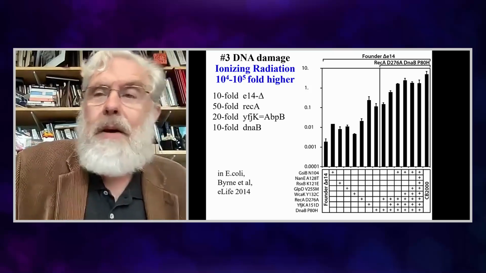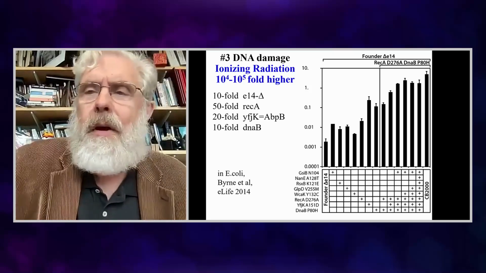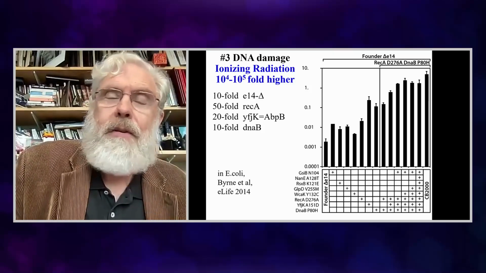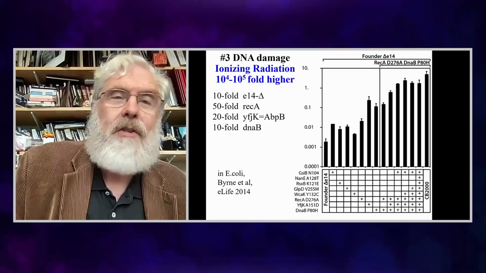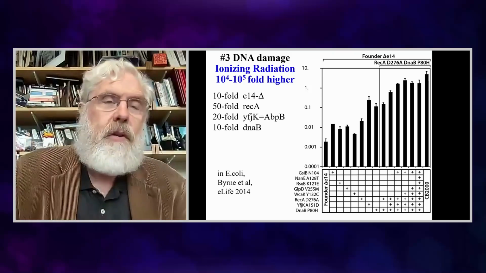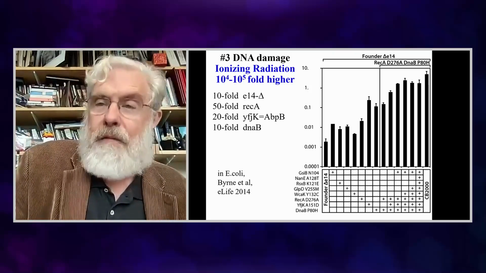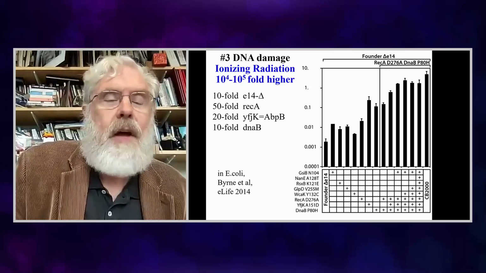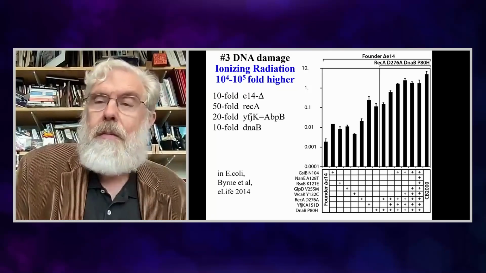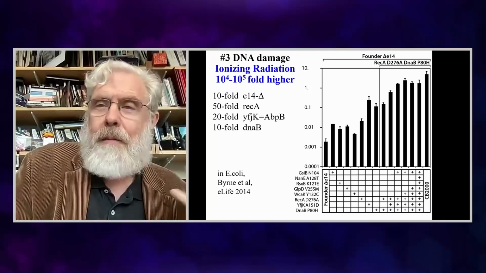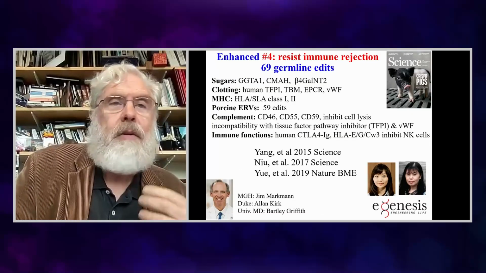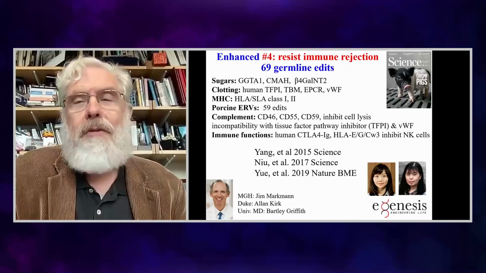In any case, you may know that there are organisms that are exceptionally radiation or DNA damage resistant, but what you may not know is that it can be as few as 4 mutations that turn a very sensitive genome into a very resistant one, meaning 5 factors of 10, 100,000 times better with just 4 mutations. And again, we're trying to transfer this into humans from our experience in model organisms, so that we can enhance the organs that are being transplanted. So that's number 3. Number 4 is resistance to immune rejection.